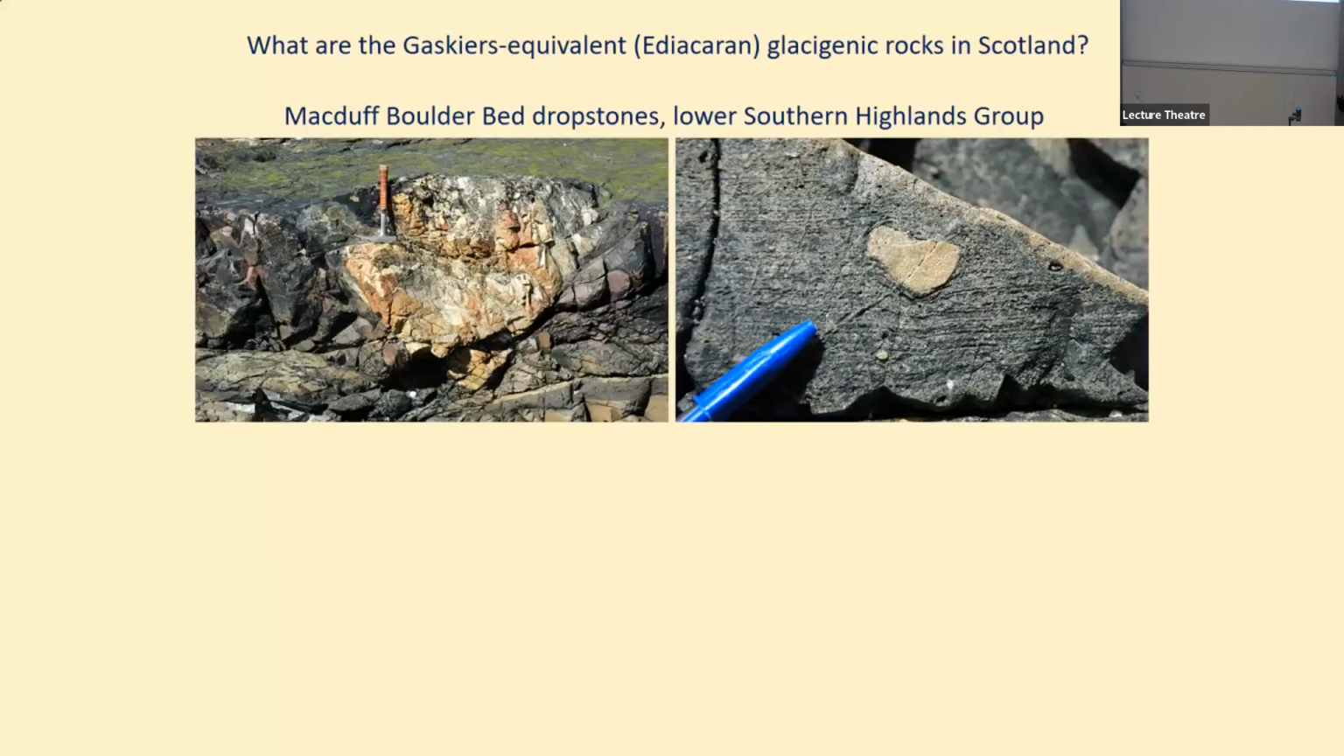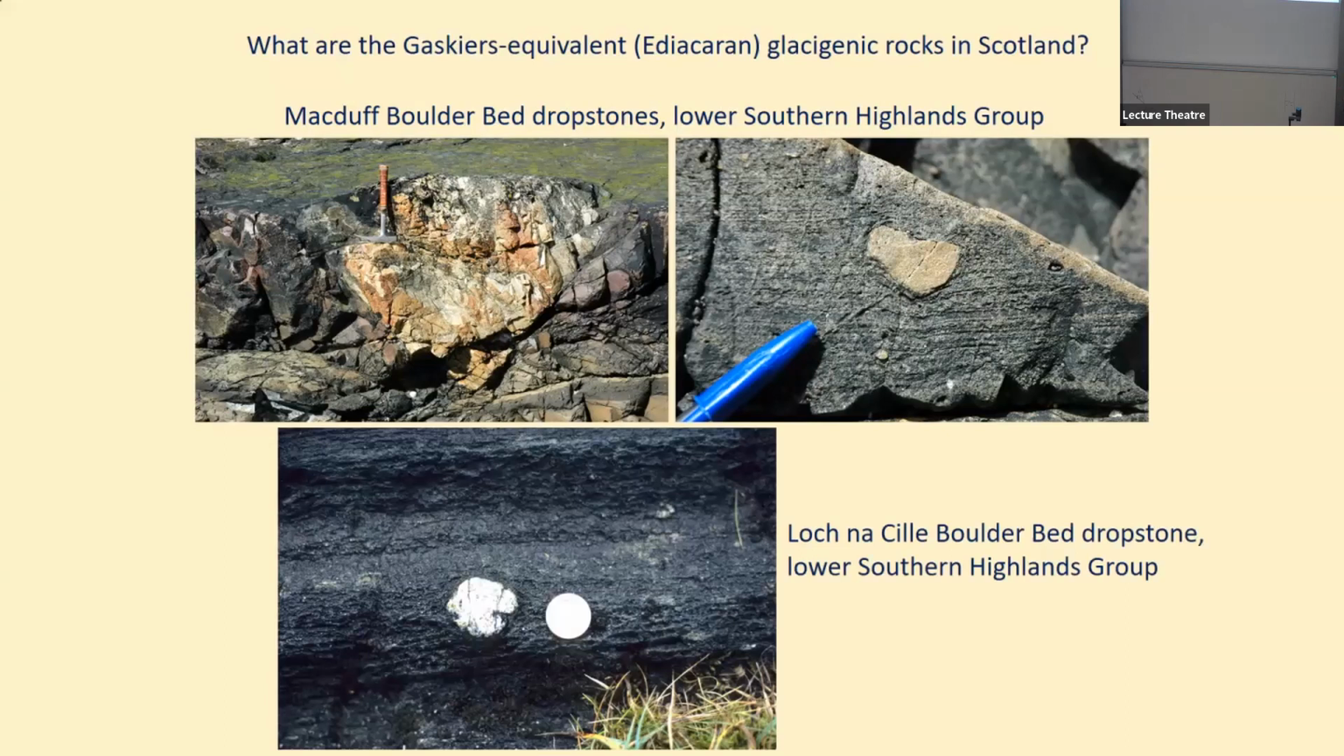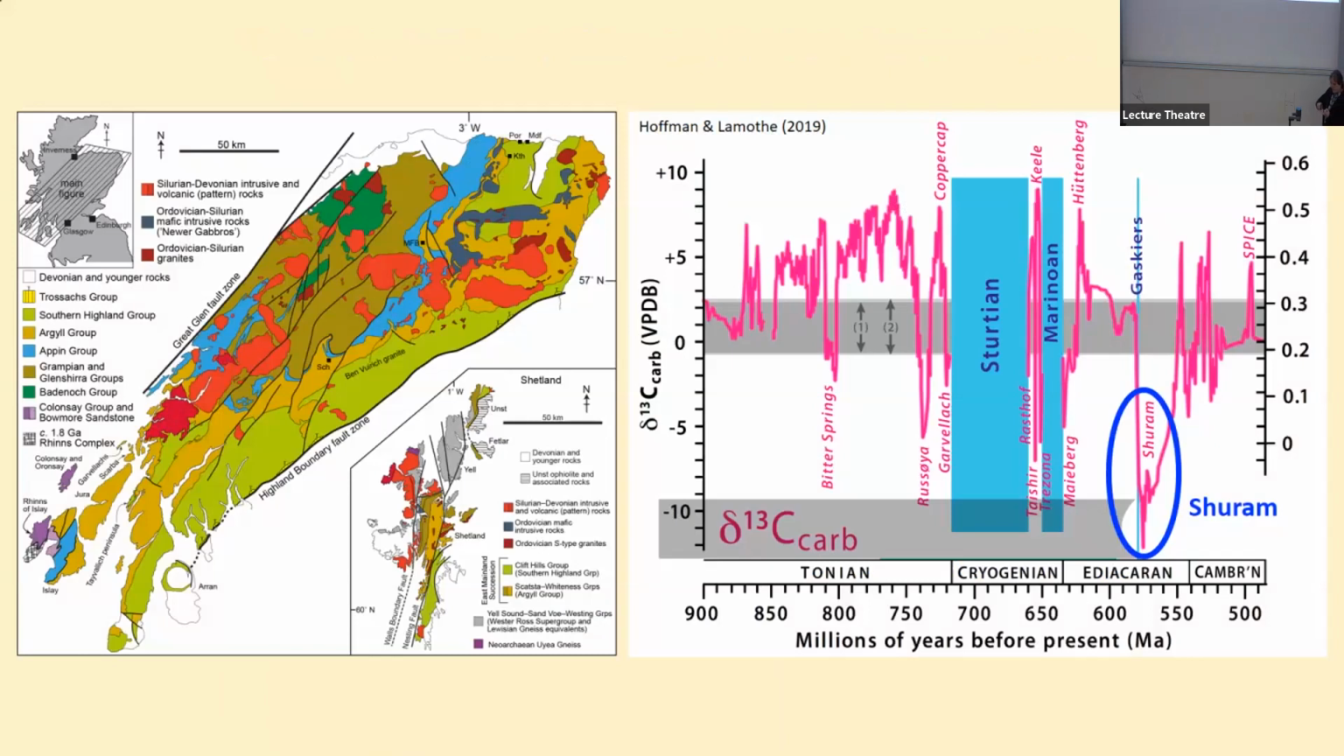You can also see this on the south coast, Loch na Kill beds. And there's a little granitoid drop stone in these marly mudstones. That's a pound coin for scale. All right. So we have Gaskiers equivalent. We have Ediacaran equivalent. We'll come back to the Sturtian, because I'm going to do a little side tour now